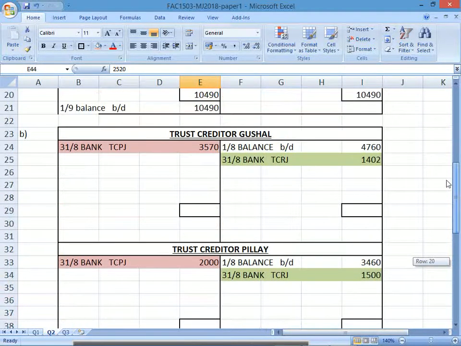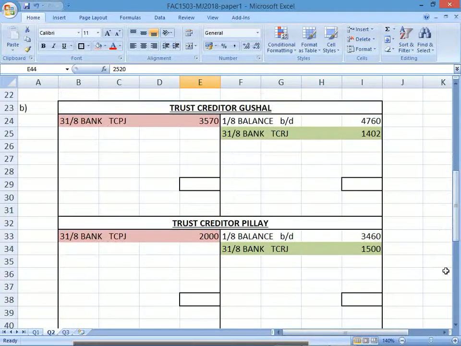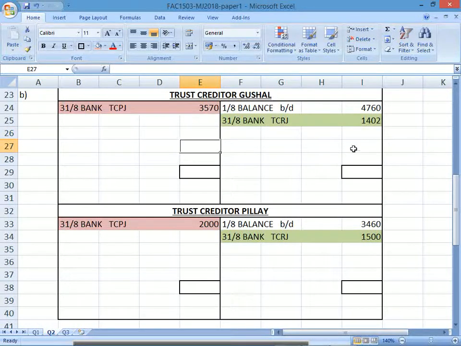Okay, so the first step is to balance this account, then decide if you're going to transfer any monies through from your business bank account, from their account to your business bank account. Okay, so I'm going to add an extra total here, so we'll have two totals. Right, so let's first total this up. The trust creditor. This side is bigger,